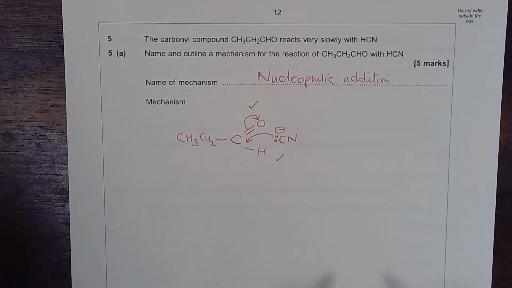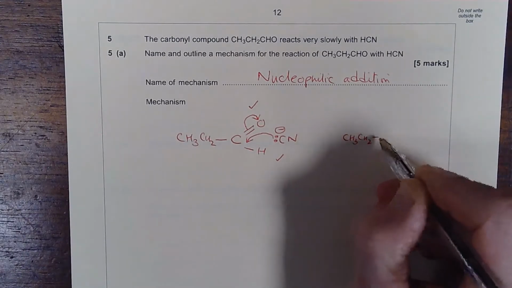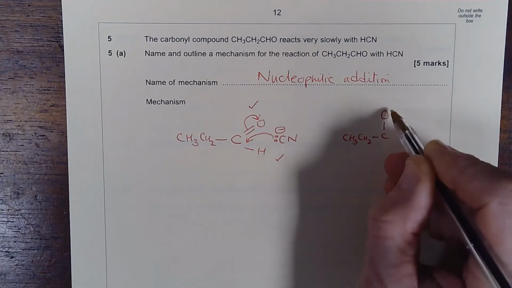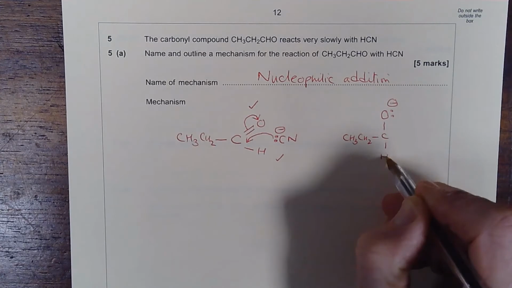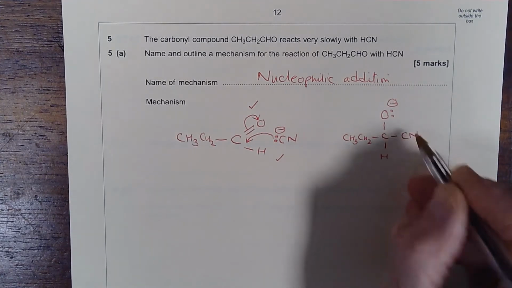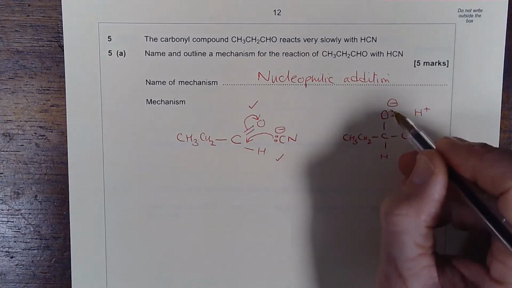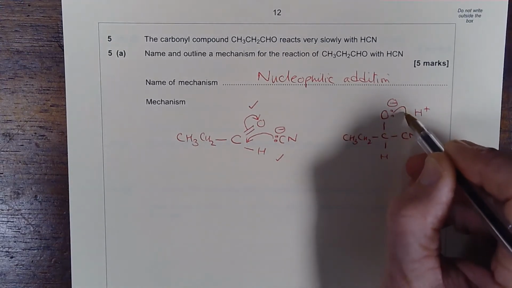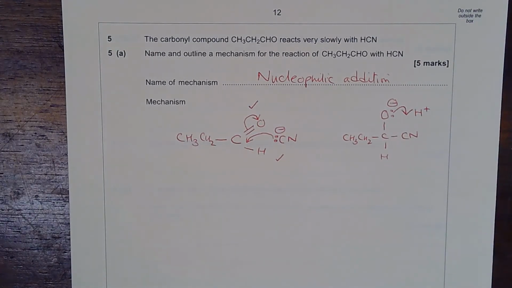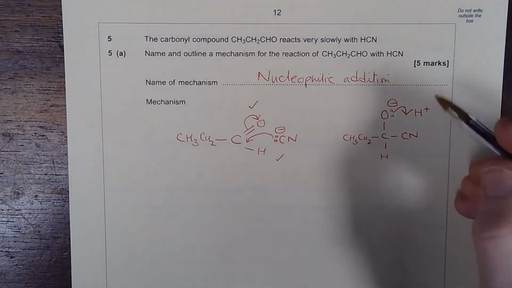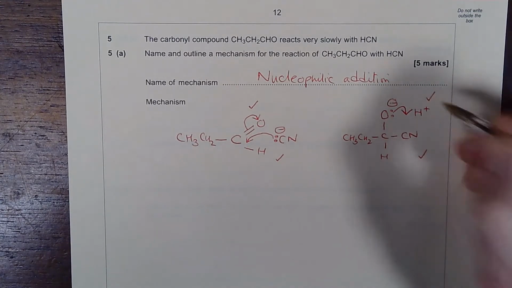The structure of the intermediate then will be CH3, CH2, C. O will then have a lone pair and a negative charge, and there will be a hydrogen and a cyanide group on there. The final part of the mechanism would involve a H+ from the hydrogen cyanide and a curly arrow from that lone pair to a bond pair to create a bond between the O and the H. The marks of course will come for the correct structure of the intermediate and that final curly arrow for those